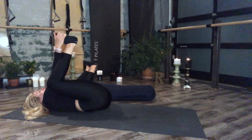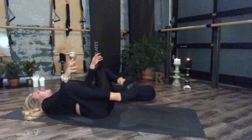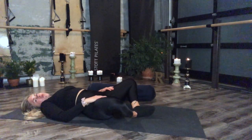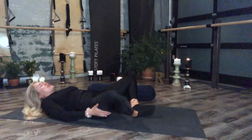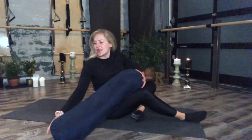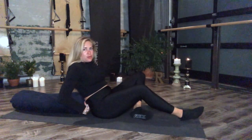And then coming back to center, bring the feet down, and then you can bring the soles of the feet together, knees come wide. Another great option is to take your pillow or bolster and then place it on the long edge of your mat, and then rolling back,